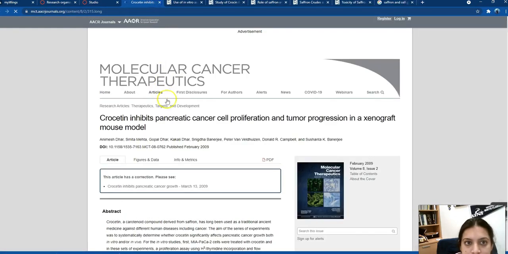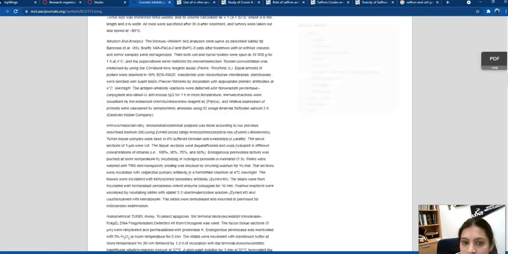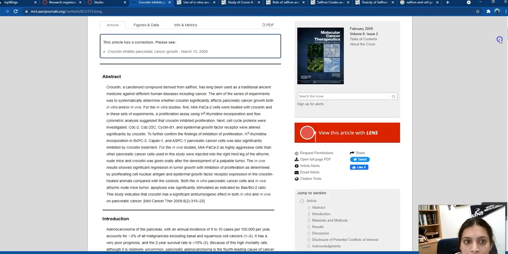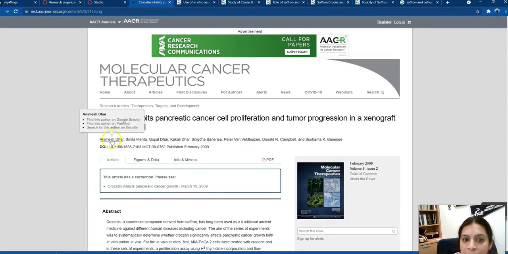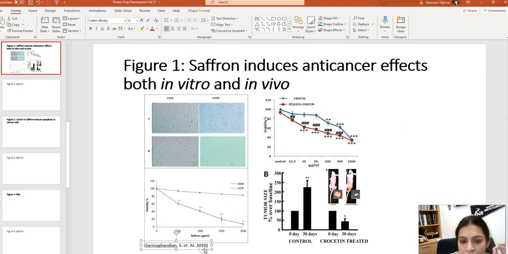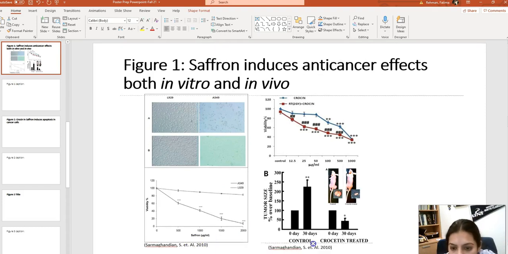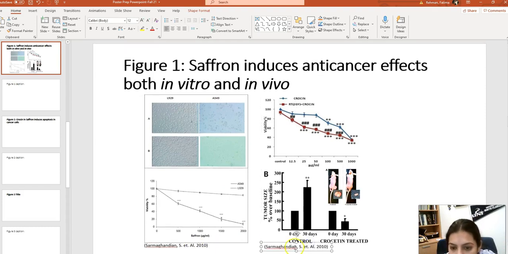So let's look at this one right here. So this one, again, you can cite, it's Dhar et al., and it is in 2009. So I'm just going to do Control T, and I'm going to write Dhar et al. 2009,